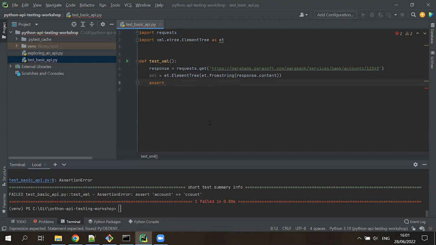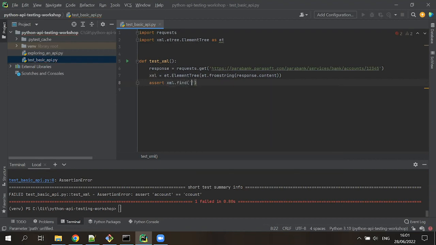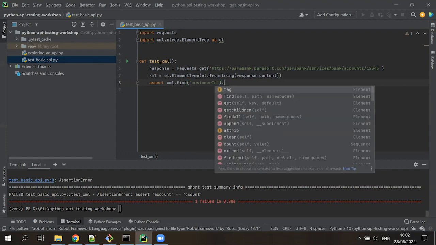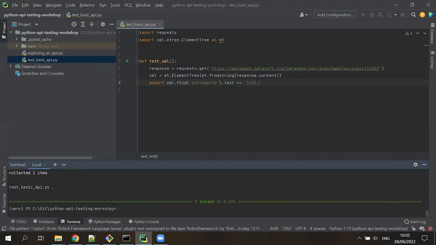And the way to browse to or select a specific element from this tree structure is to use the find method. For example, the customer ID, and I then want to have the text property because that's where the actual value is stored. And I'm going to assert that that's equal to